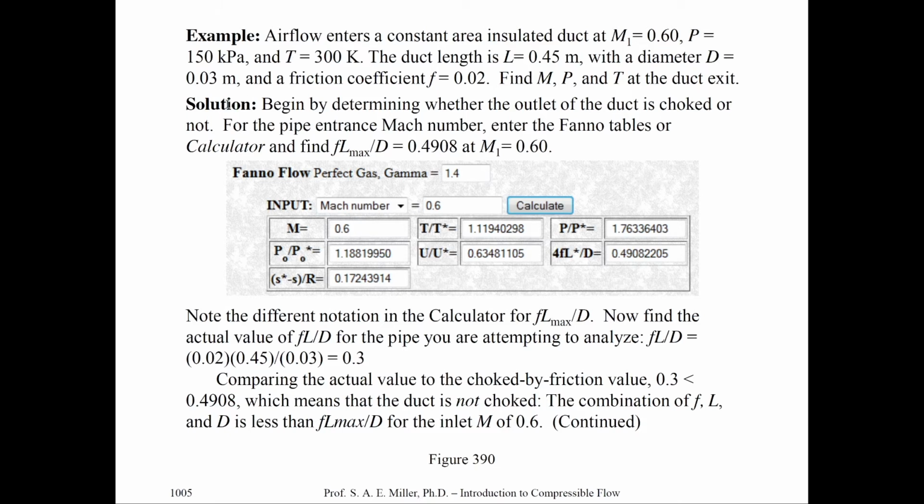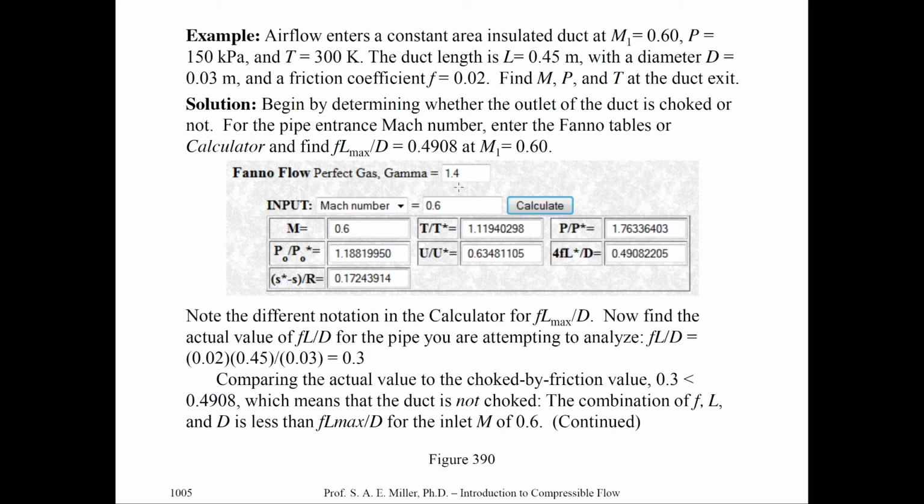So we'll start by determining if the outlet of the duct is choked or not. That is, have we reached a maximum L? We can do this easily with the compressible aerodynamics calculator or the Fanno flow tables. We simply need to find FL sub max, that's the maximum length to choke, or L sup star for state 1. Indeed, at Mach 0.6, we'll find